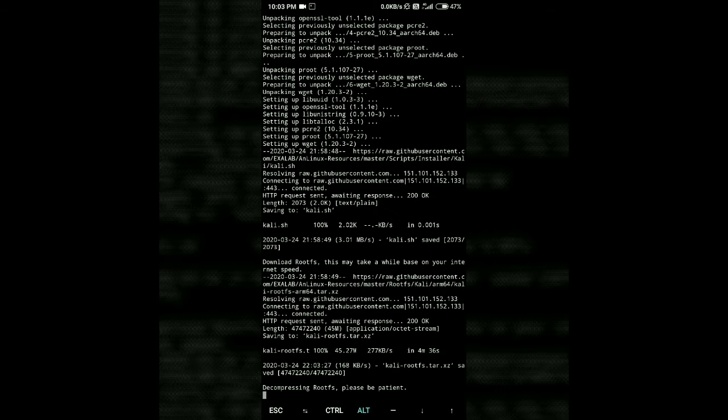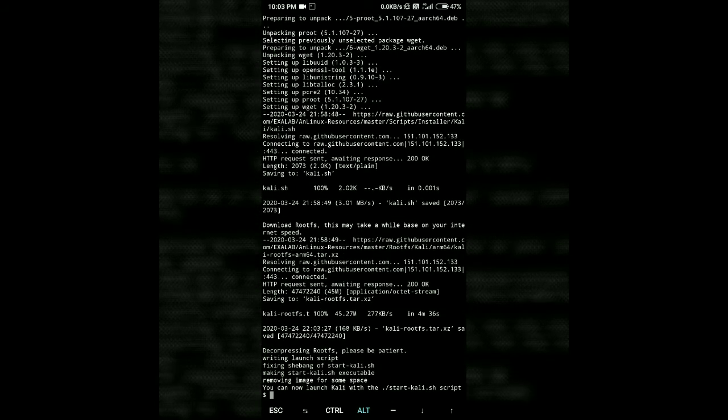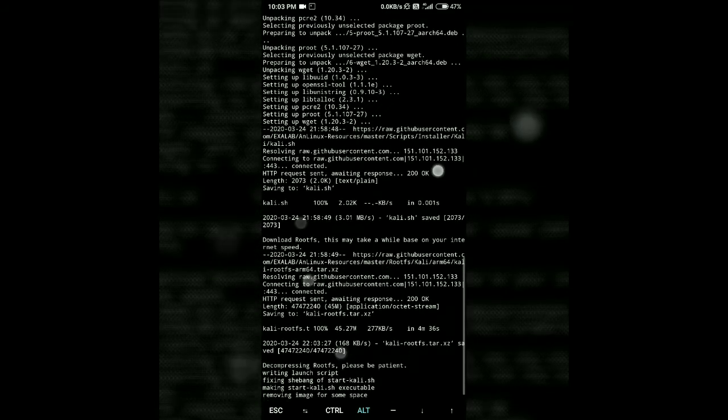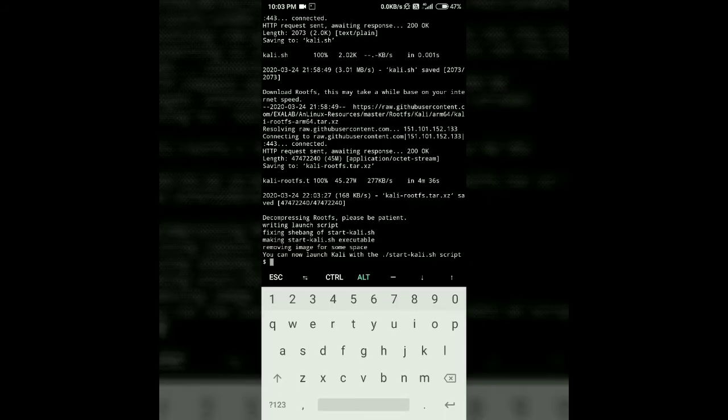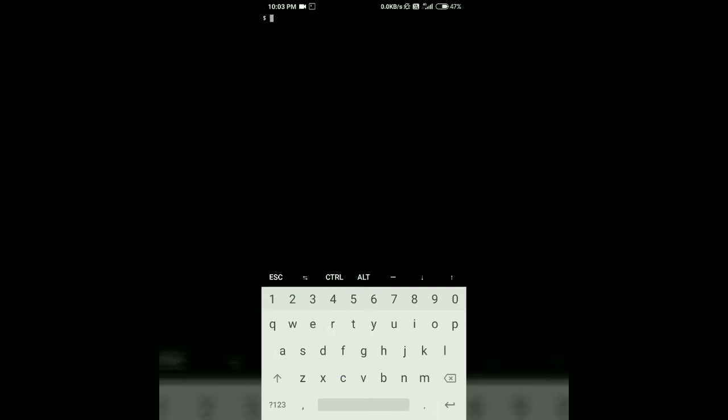So now you can see I have downloaded all the files, and now it's decompressing the files, and it will not take much time because decompressing is not a big task. Okay, it has been done. I will just type in clear just to remove all these log files, log commands rather we can say. And now I will type in ./start-kali.sh, and you can see just by hitting enter